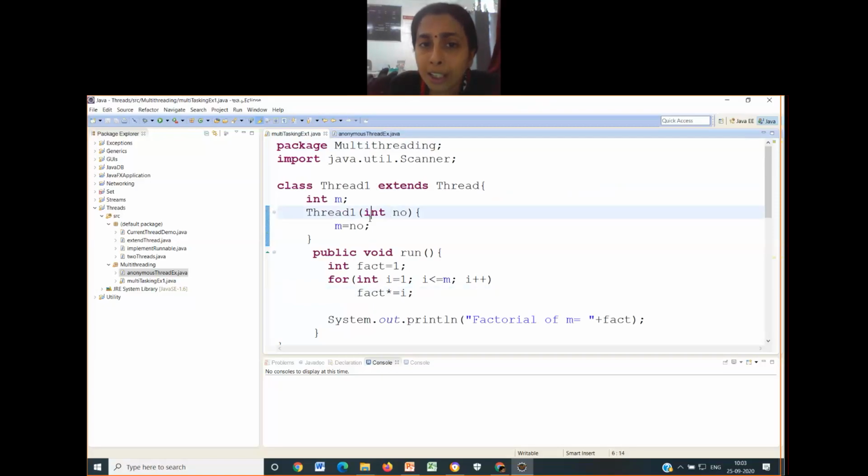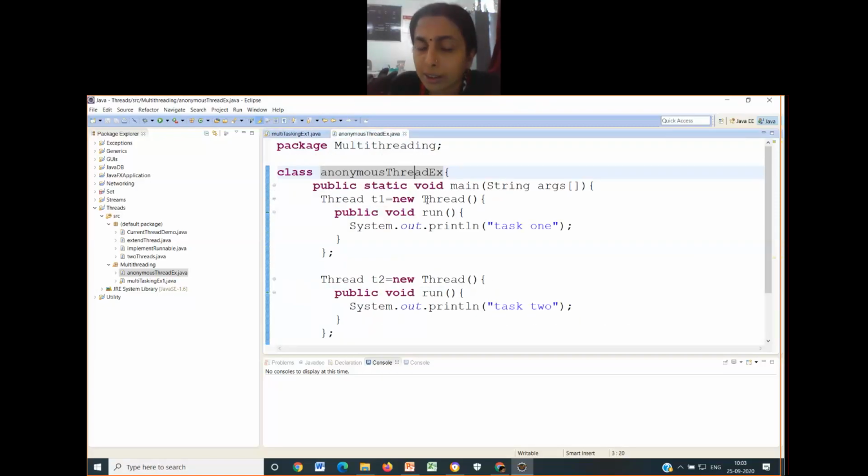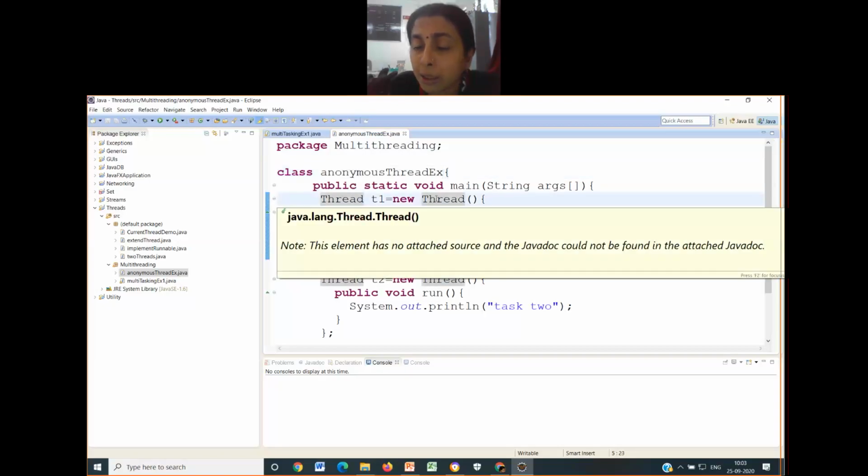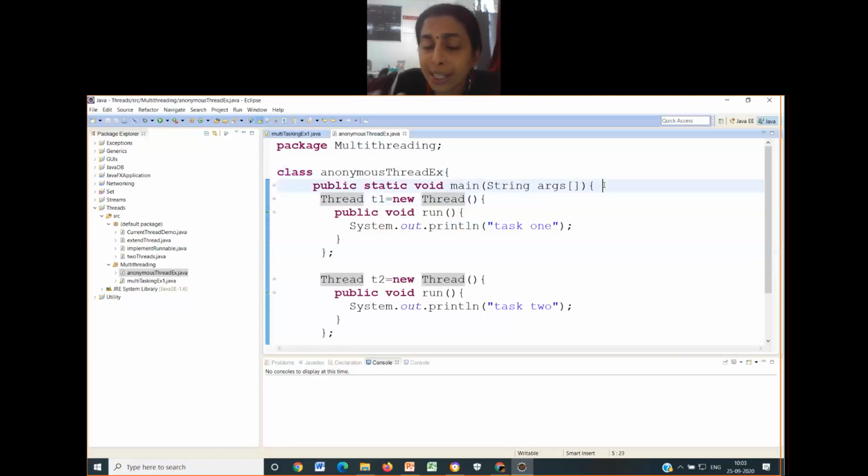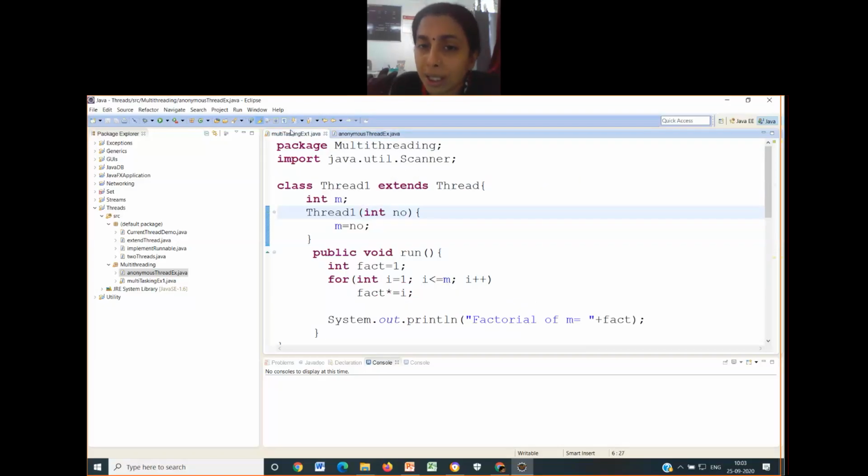You can read the value of m over here directly. Before creating the thread, you can read the number that you want to input, and that number you can utilize in the run method. This is an advantage in an anonymous class.